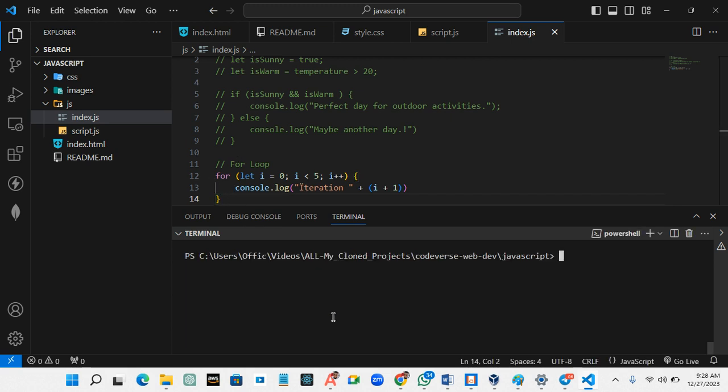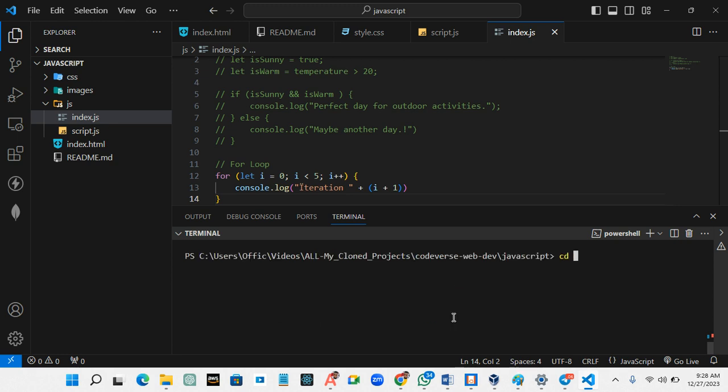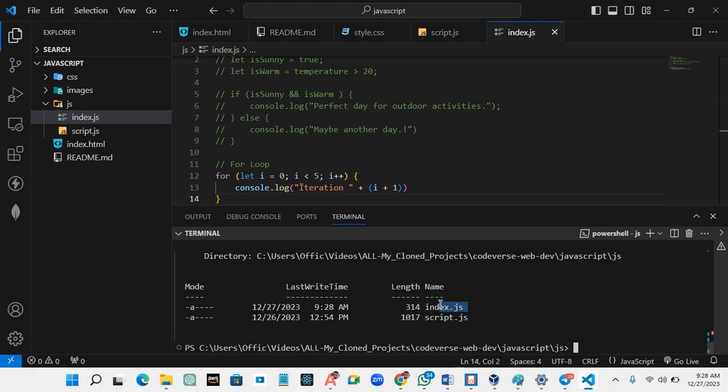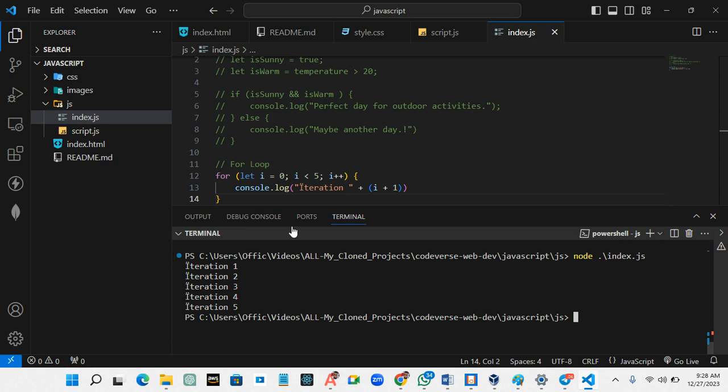Okay, so the name of the file itself, let's say we use the directory command to check. We'll check our directory. So I think we have a JS folder, image folder, and CSS folder. So let's cd into the JS folder and let's say directory again. So we have the index file here. So we can just say node index.js like that, right? So we hit enter and you can see we have the iteration